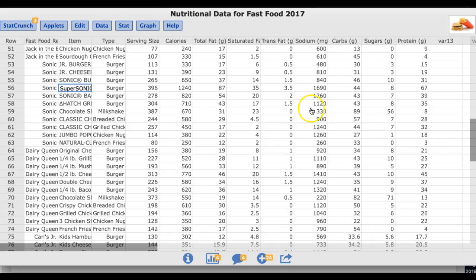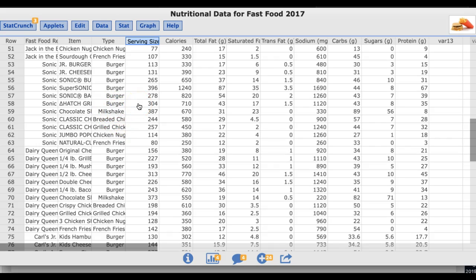So the data set looks like this. We have a categorical variable, and I believe the rest of these are numeric variables. What I want to do here is look at burgers. See here, type, they have chicken nugget, milkshake, breaded chicken. So let's just look at the burgers amongst all the fast food chains, and let's look at the calories per burger. Let's see if there are any burgers that have a really large amount of calories or a really small amount of calories. So how do I find these using